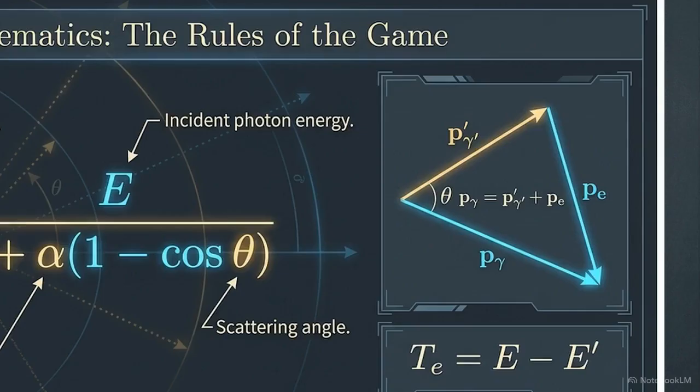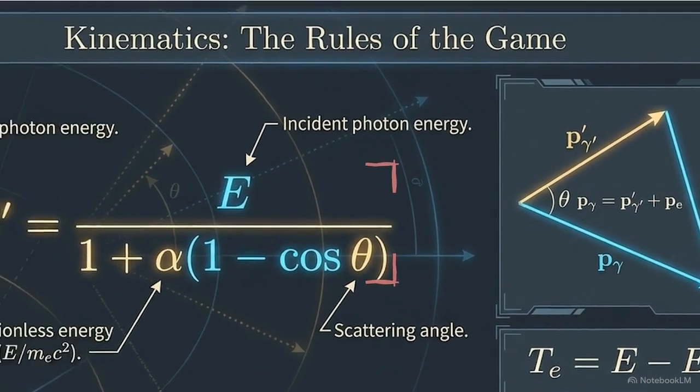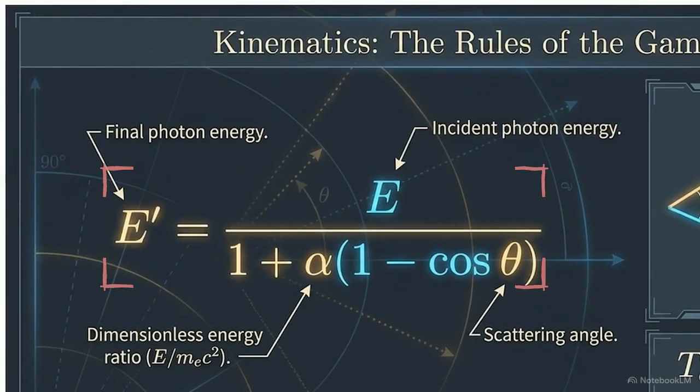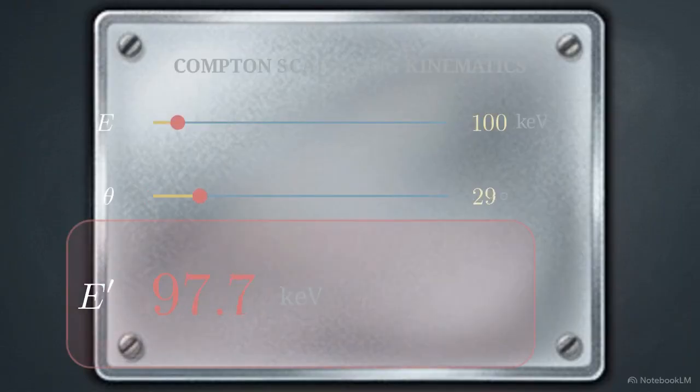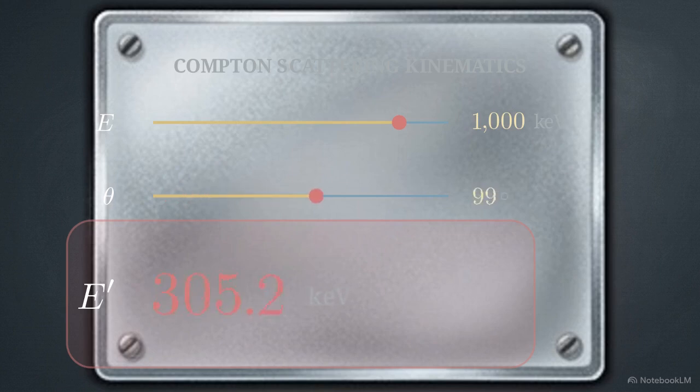Relativistic conservation of energy and momentum establishes the strict limits of the interaction. The incident momentum must split vectorially between the scattered photon and the recoil electron. Combining the momentum geometry with relativistic electron energy produces the Compton energy shift formula. This formula proves that the final energy of the scattered photon, E', depends entirely on the incident energy and the